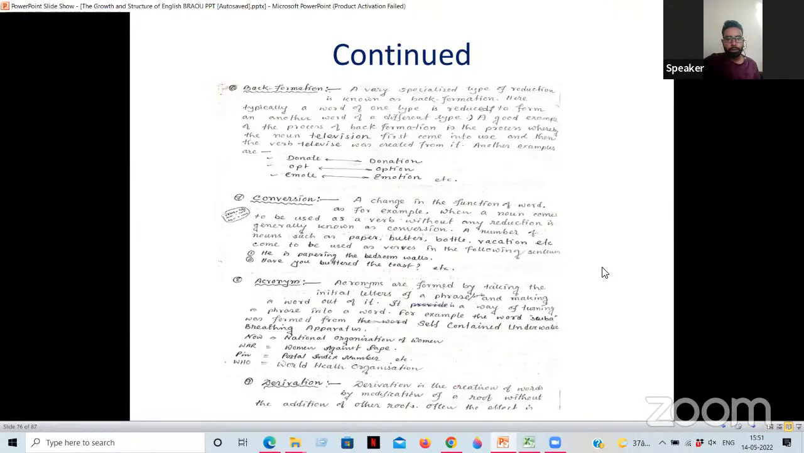Earlier the word television first came, and then we used the word televise. That is, from the noun we have used it as a verb. So from television to televise. Then other words like donate from donation, opt from option, emote from emotion. So these words, donation, option, emotion, came first,